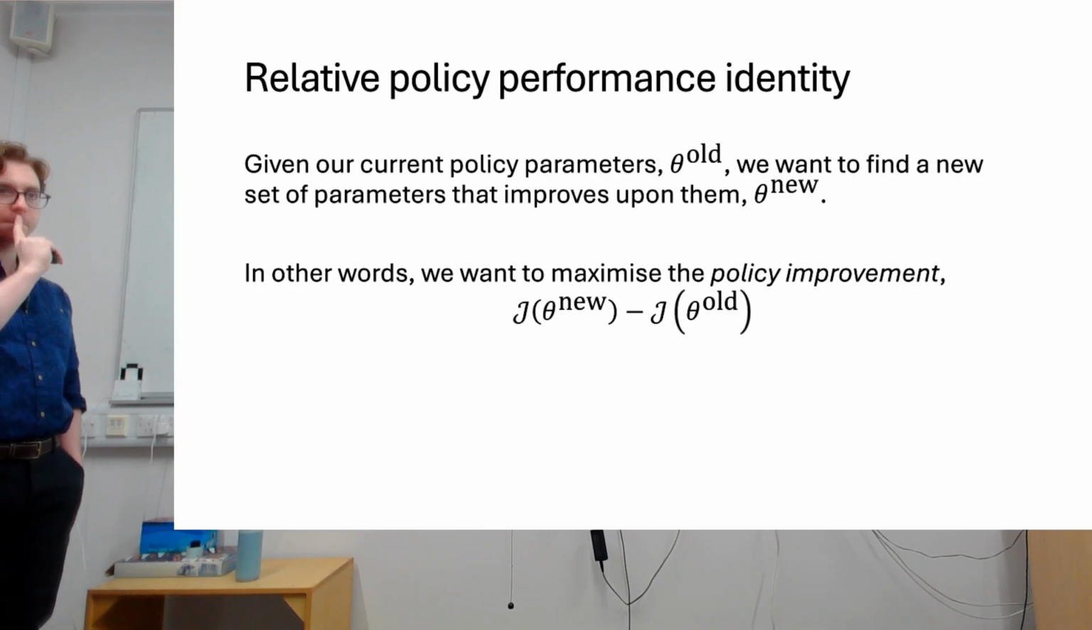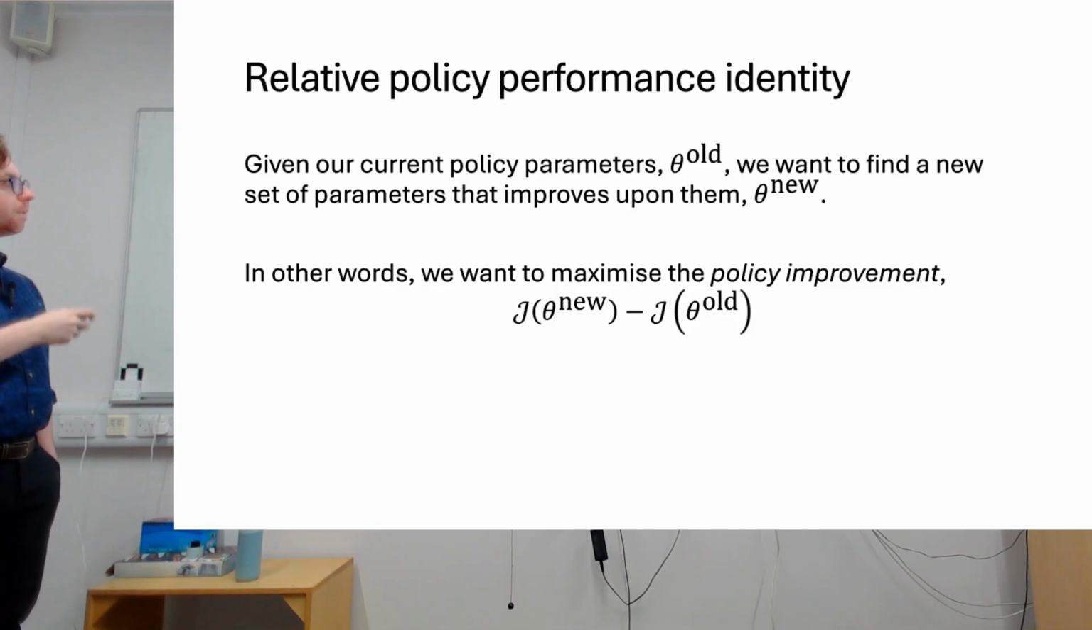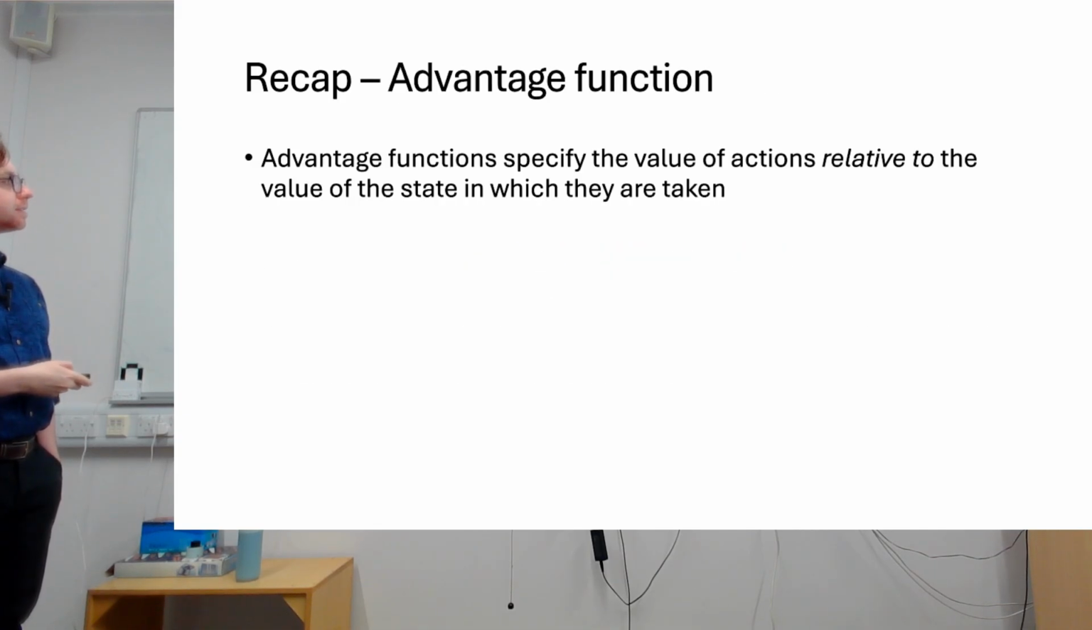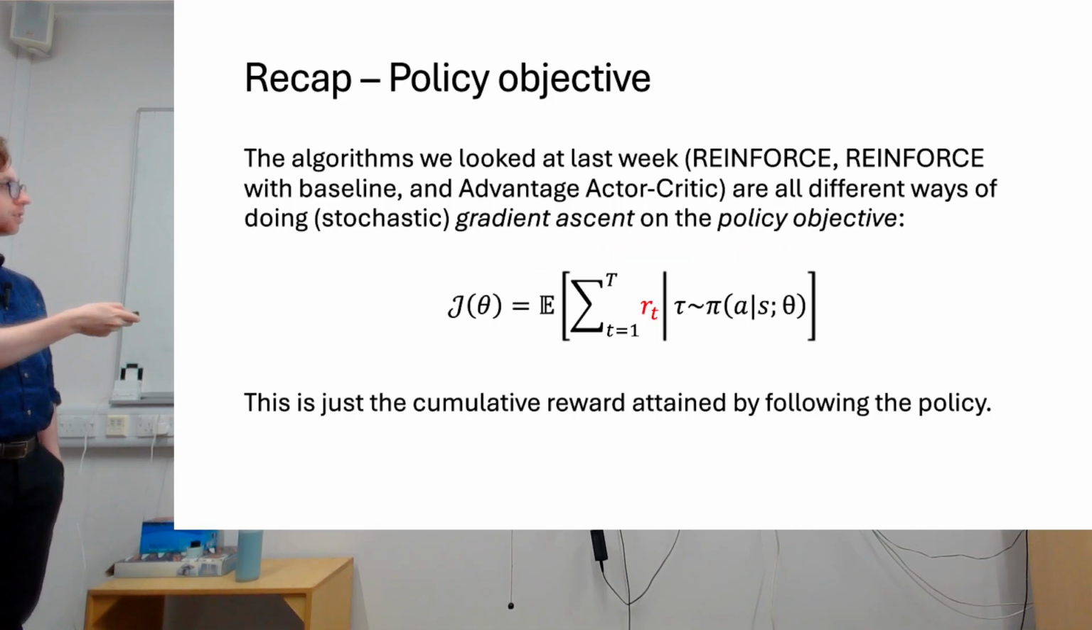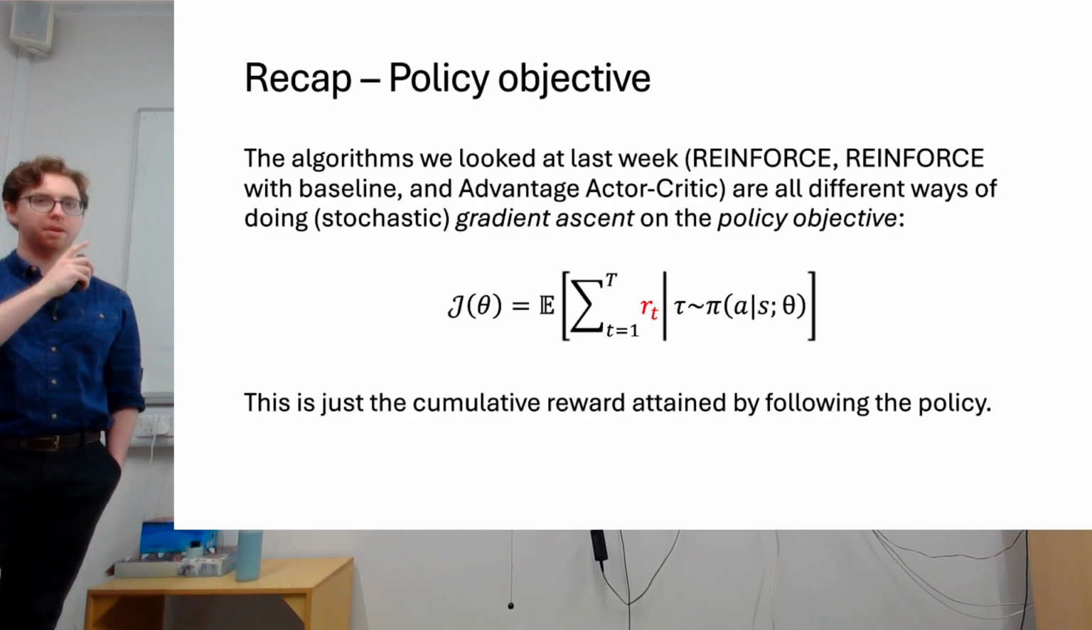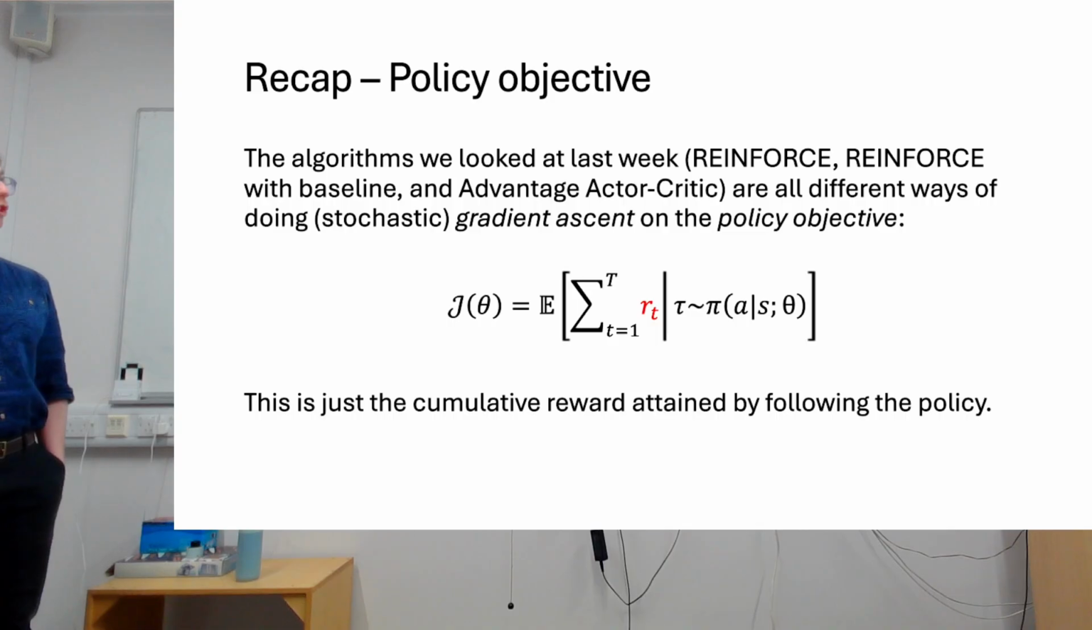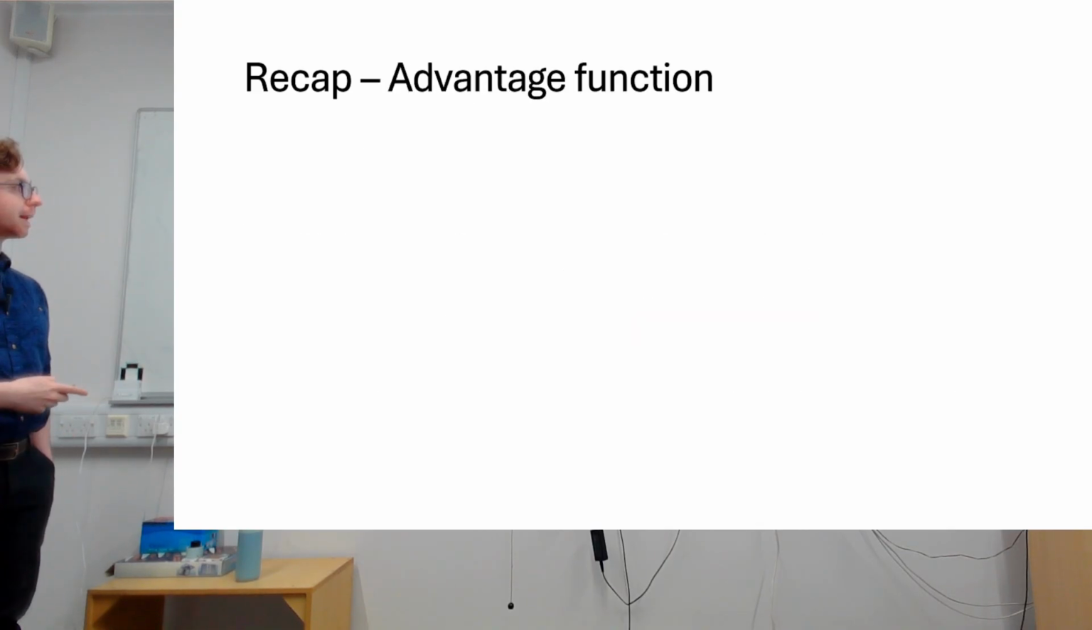Yeah, any questions? Yeah? Sorry, I missed last session. What is J? What is this notation? So J is this. So the expected return under trajectories sampled from my policy, right? So it's the thing that we actually care about. It's the thing that we really actually want to